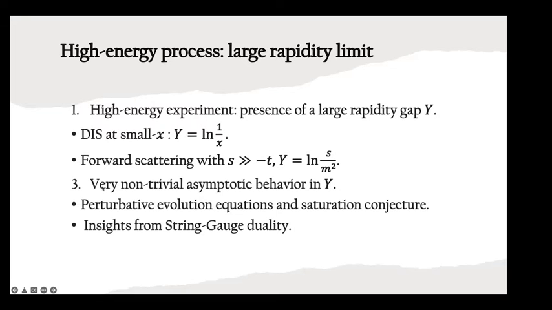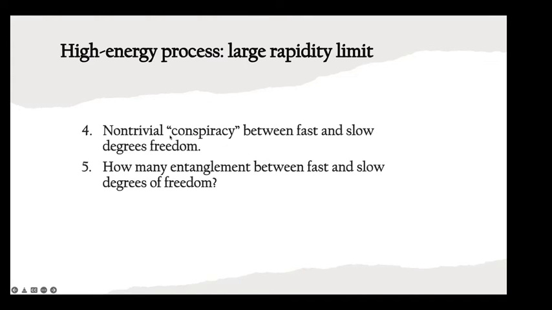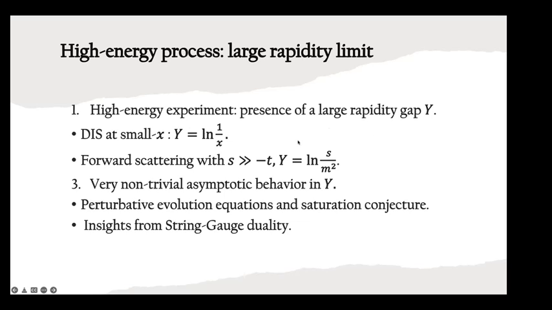And for gauge theories in 1 plus 3 dimensions, or even in some lower dimensional models, people notice that for cross sections and amplitudes in these limits, there is very non-trivial asymptotic behavior in the rapidity gap. And it is different from the Euclidean short distance asymptotic behavior in the sense that even perturbatively, you do not have a full quantitative control of this, but instead people have postulated some